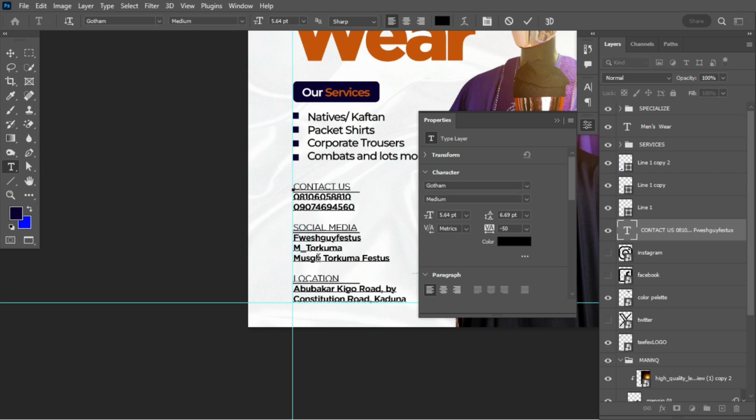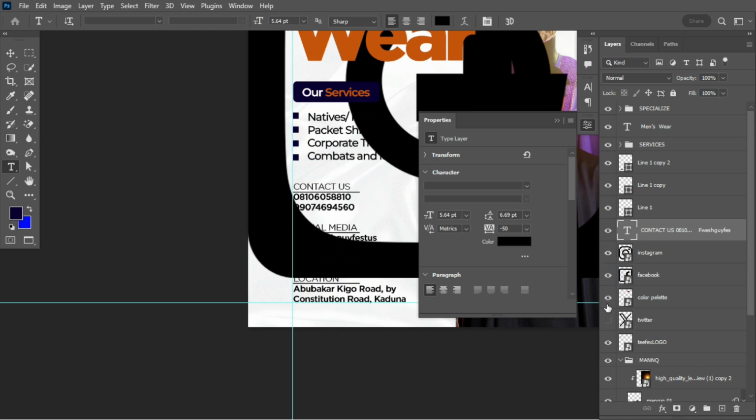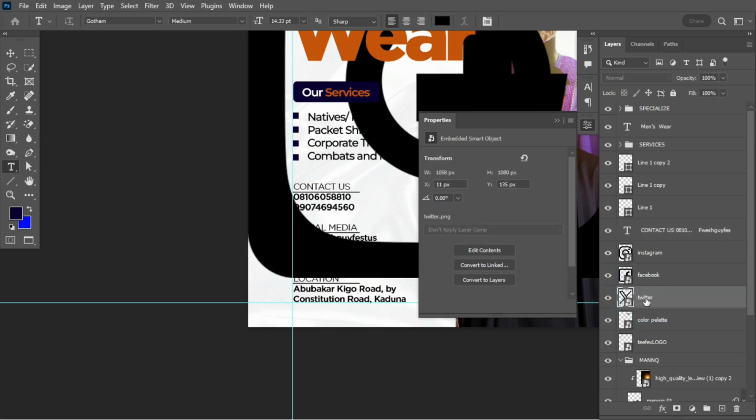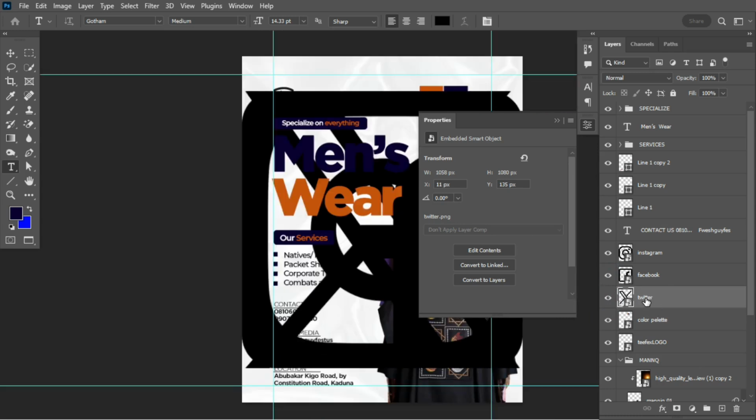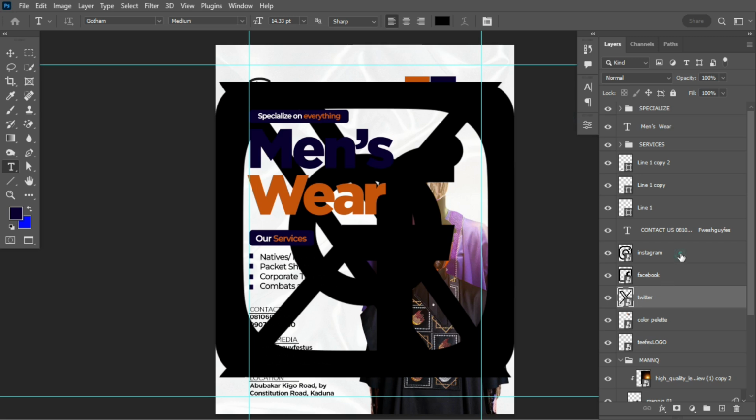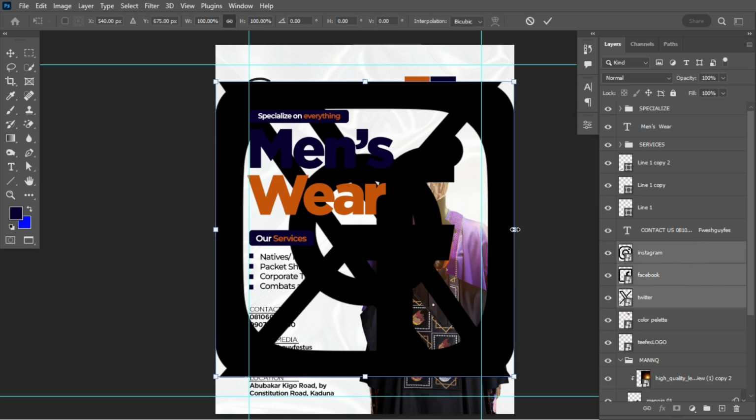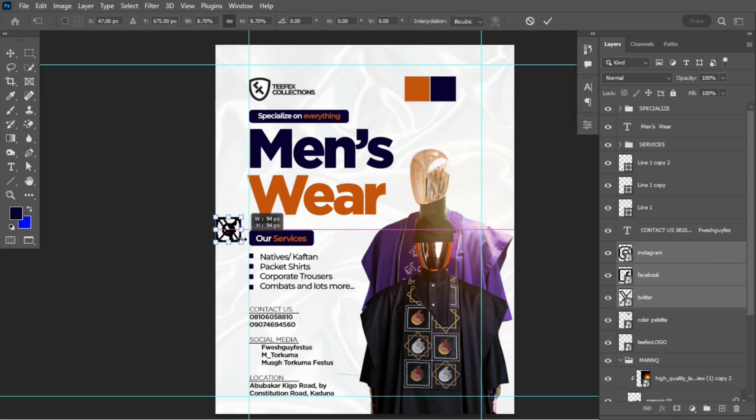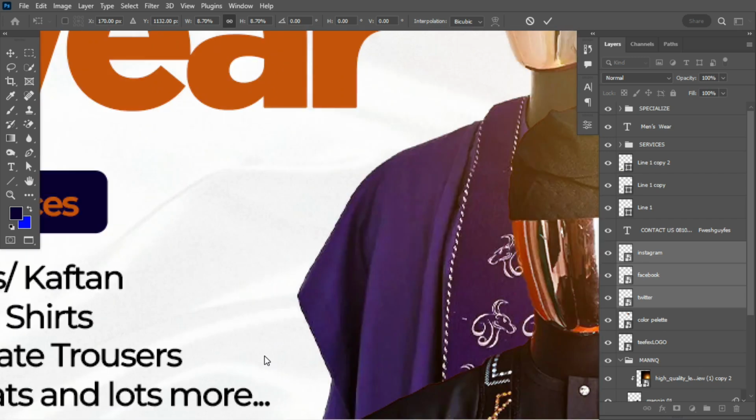Okay, so for this line of text, I might choose to add a tab to create room for the social media icons I'll be placing in there. Okay, for the social media icons, Control 0 to fit to screen. I would like to select them and hit Control T. They're already in the form of a smart object. So Control plus to zoom in,